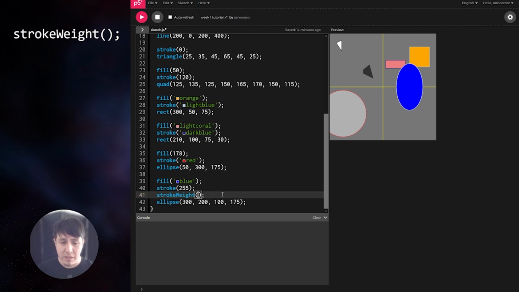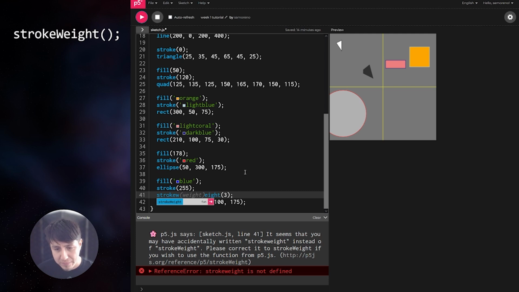And it takes in one input, and this is going to be how thick the outline or border is in pixels. So if I were to make this stroke weight something like 3, hit play, you'll see that this final ellipse, that border expands and it gets larger. Important thing to note about syntax when it comes to strokeWeight. Notice how there are uppercase and lowercase letters. So these functions are case sensitive. So if you were to type this all in lowercase, which I'll demonstrate now,